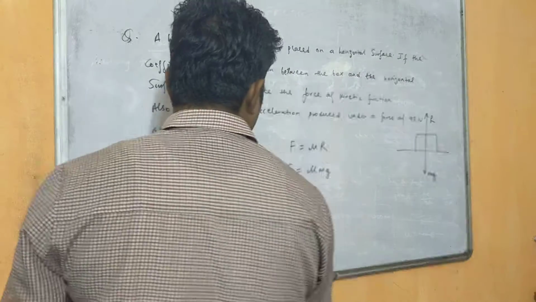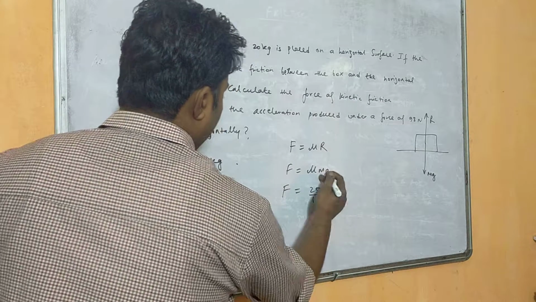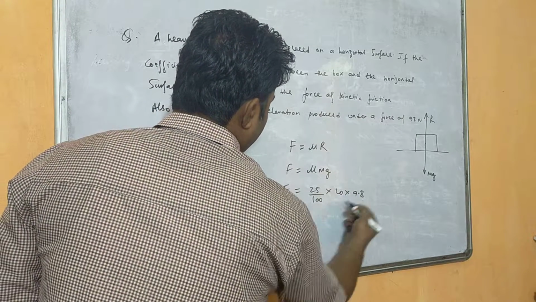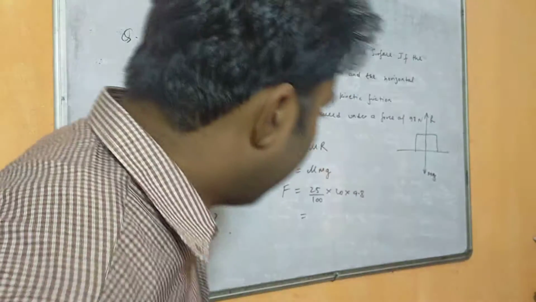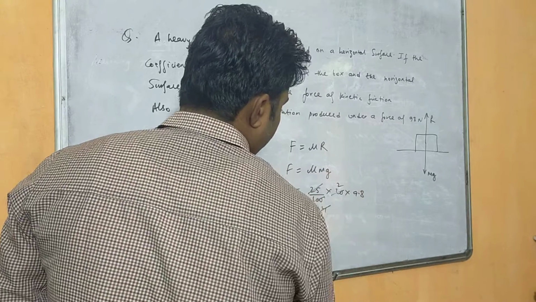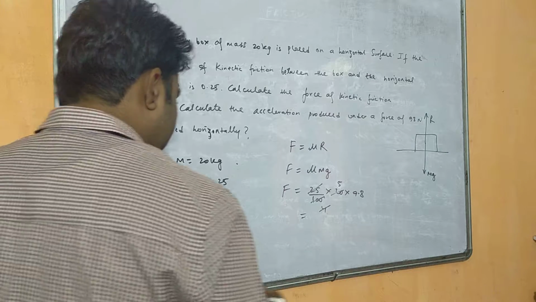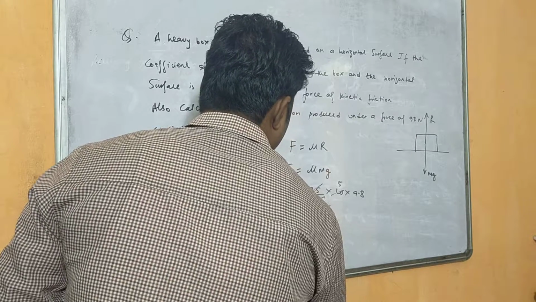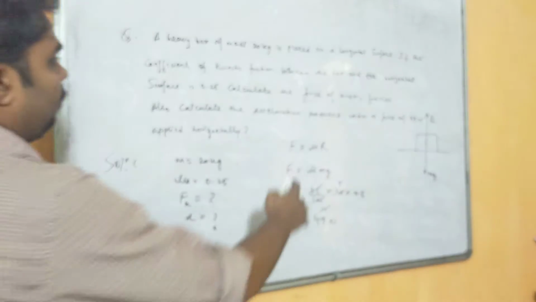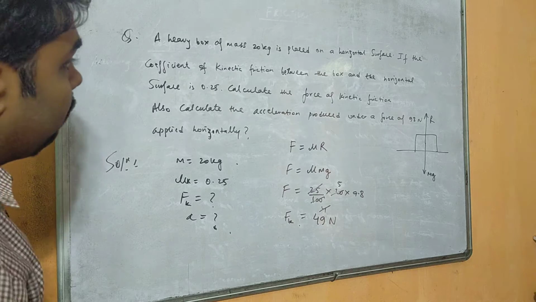Now we will substitute these values here. So what will we get here? Mu is given as 0.25, that means 25 by 100. Mass is given here as 20, and g is 9.8, right? So when we calculate this, we get 25 by 100 into 20, which is 5. So 9.8 into 5 when you multiply, we will get 49. That means 49 Newton. Okay, this is the kinetic friction which is acting. So force of friction is how much? 49 Newton.